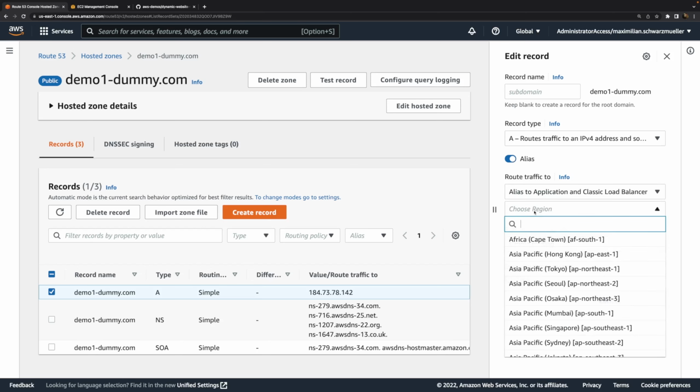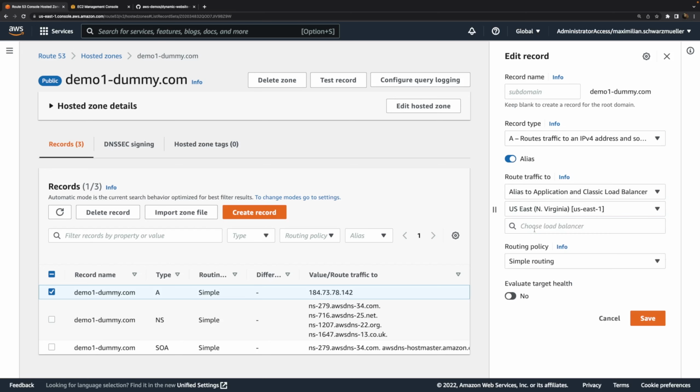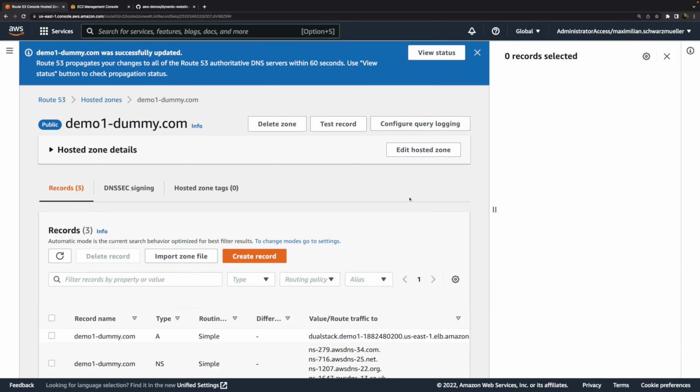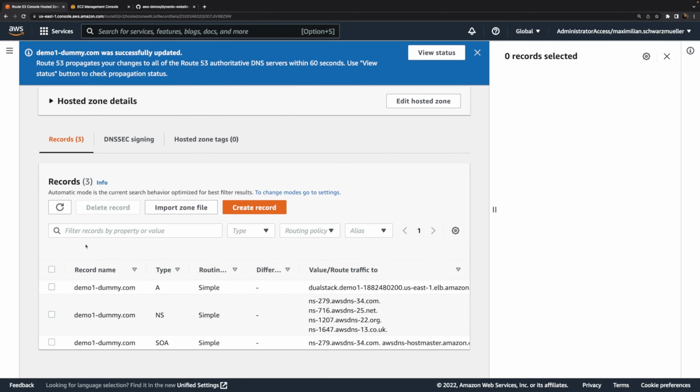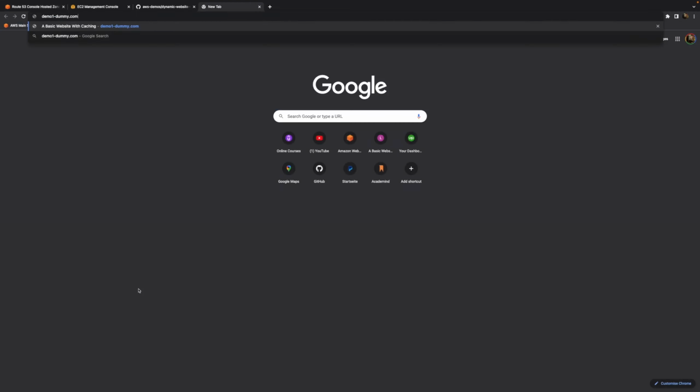So here I choose the application load balancer, and here I know I'm in the US East 1 region, and then it's this load balancer, which is automatically suggested here. So once we save this, our custom domain will now point at this load balancer, and that's therefore how we can attach a custom domain through Route 53 to our own load balancer.